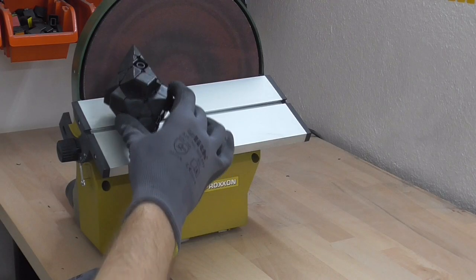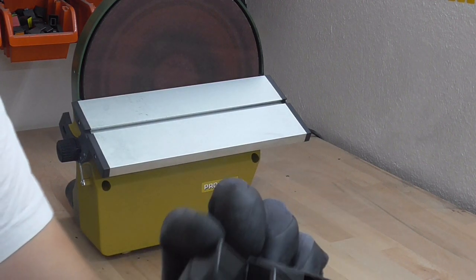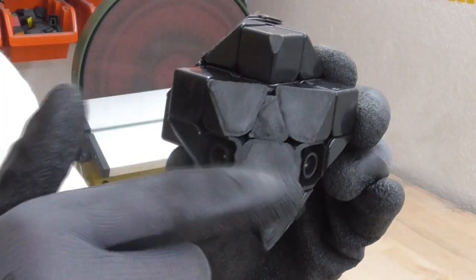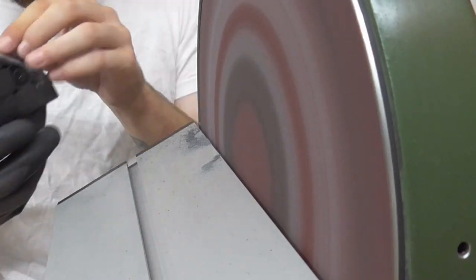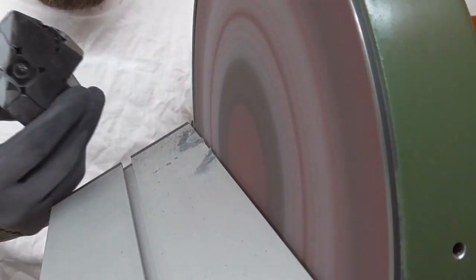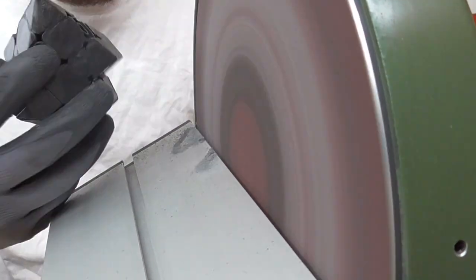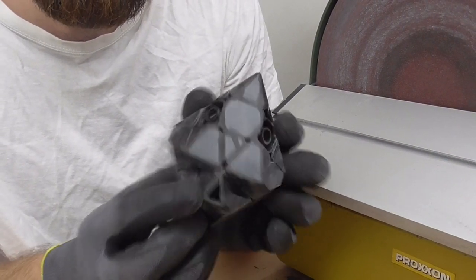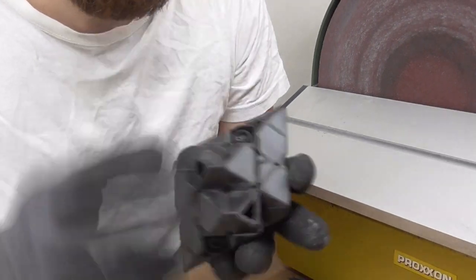Then it was time to sand the puzzle once more. So I set the angle on my disc sander the same that it was before. And now I would remove a little bit of the corner up here and the filled material down there. And sanding big sides on a disc sander is a bit difficult. I think a belt sander would be easier for that. Here you can see the puzzle now with the corners truncated a little bit, and now it was time to go for the